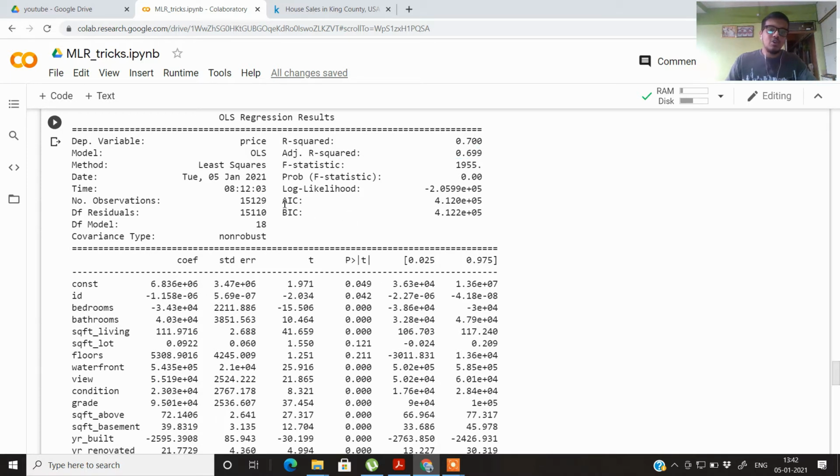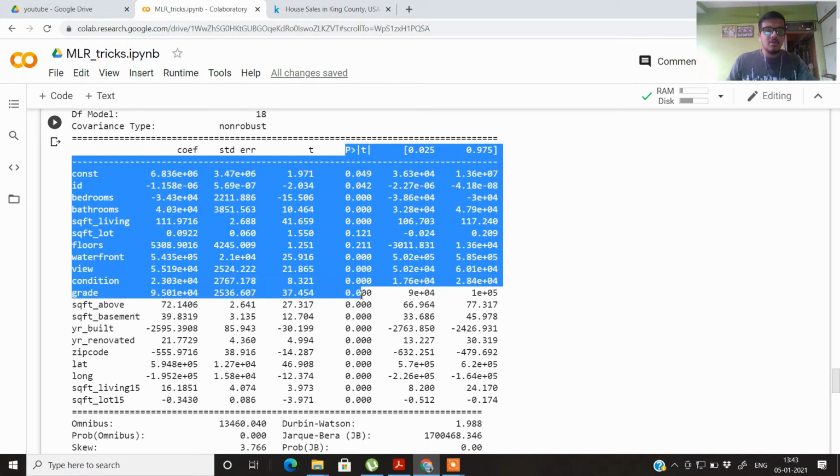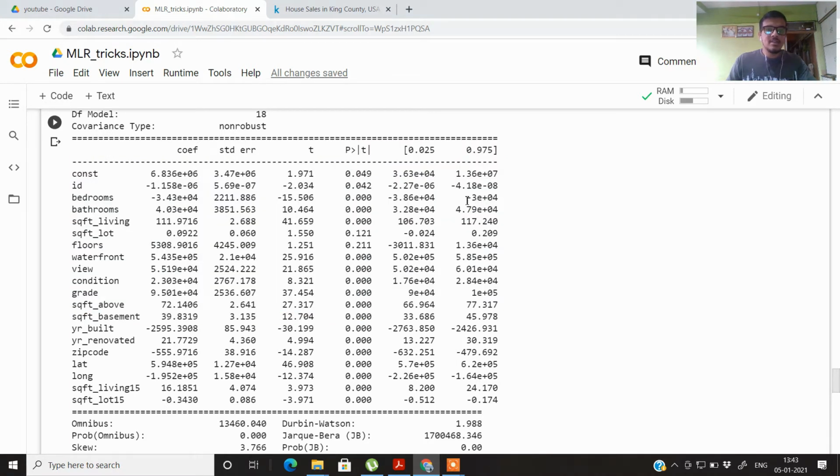Besides that, you also need to check the AIC. The AIC should be as low as possible for any regression problem. The next is the probability of all the columns, and that should be lesser than 0.05. If it is not less than 0.05, they are insignificant to our model. So here in this case you can find these two variables, that is SQFT LOT and the floor, are actually insignificant to our model because the probability of those variables is greater than 0.05, so it is better that we remove them in the backward selection process itself.